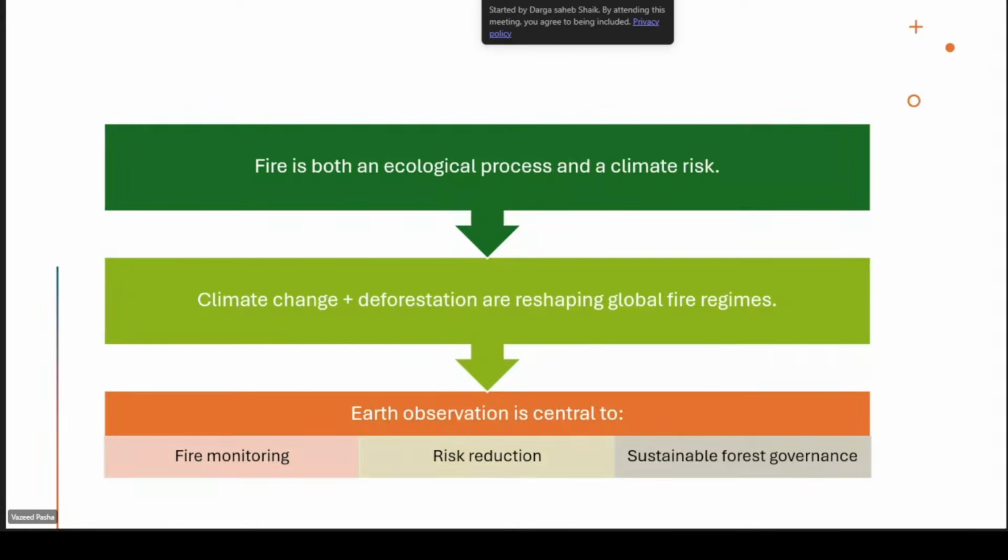To understand complex global fire regimes, fire phenomena, or fire ecology, it is essential to do forest fire monitoring, burnt area assessment, and risk reduction towards sustainable forest governance using earth observation data.